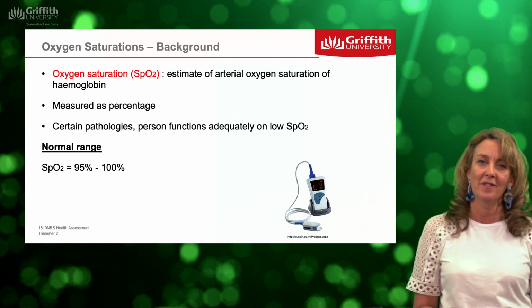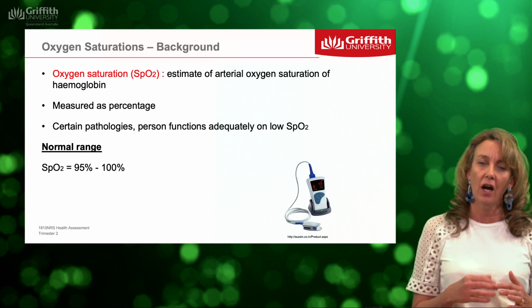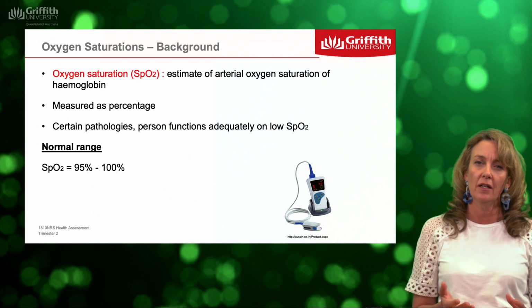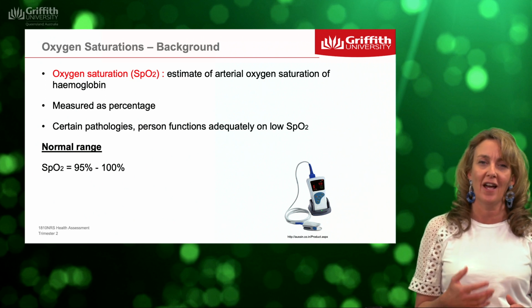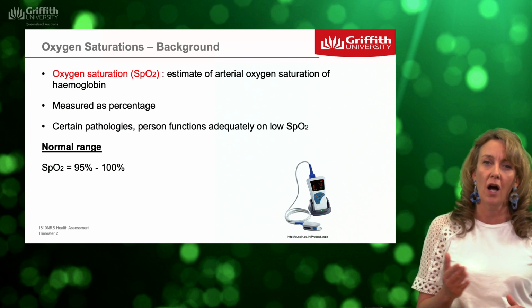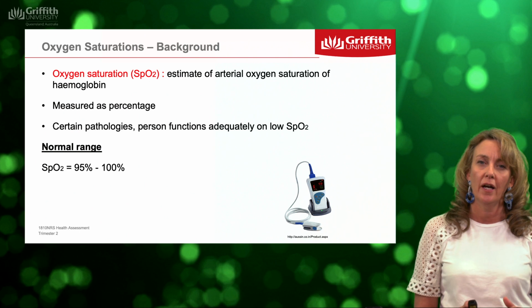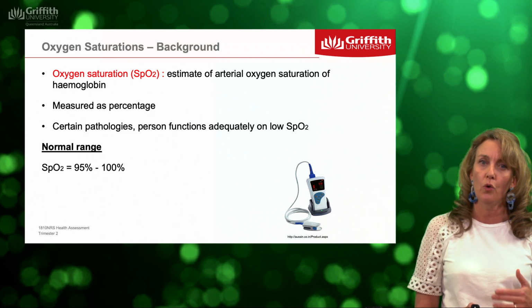And so what happens is this small red diode sits over your finger, and the light that goes through your finger is looking at those red blood cells and looking at the hemoglobin and what percentage is tied up with oxygen. So that's why it can be a very useful number to notice if it's between 95 and 100 as normal, or less than 95,